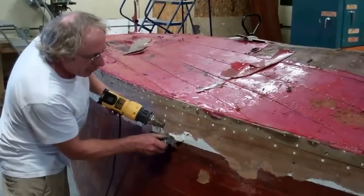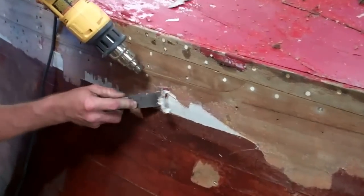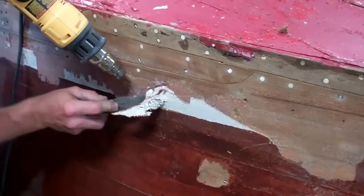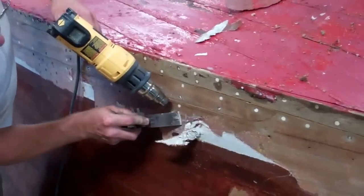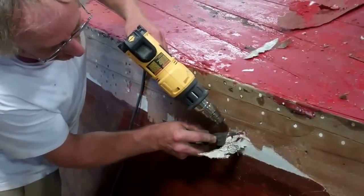So here we got a little bit of the fiberglass mat still, along with the resin. But when we get the mat off, we still have this resin that does come off with heat. It's going to be a process to do it. And we got to be real careful we don't gouge